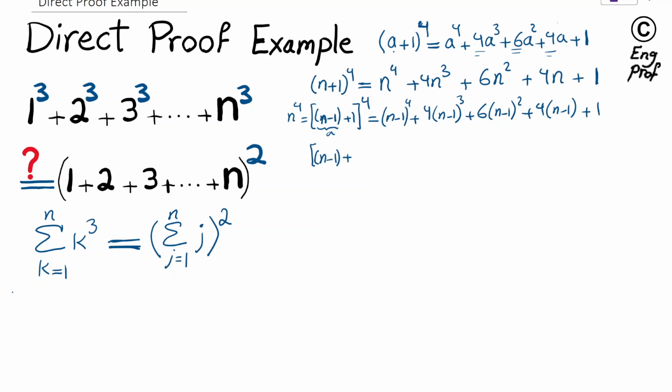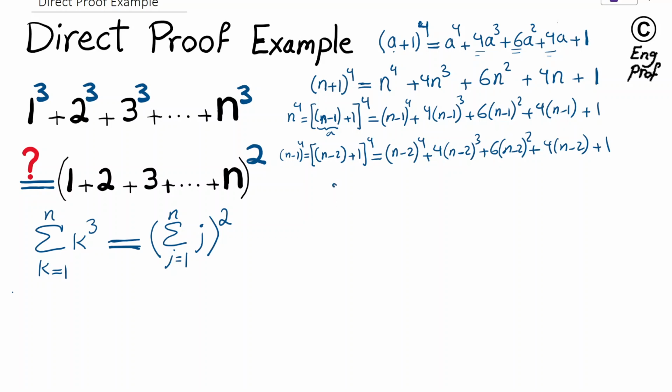So for the next one, effectively n minus 1 to the power 4 can be written as n minus 2 plus 1 to the power 4. So it's the same story. You would get n minus 2 to the power 4 plus 4 times n minus 2 to the power 3 plus 6 times n minus 2 to the power 2 plus 4 times n minus 2 plus 1. Okay, so if you keep doing this,